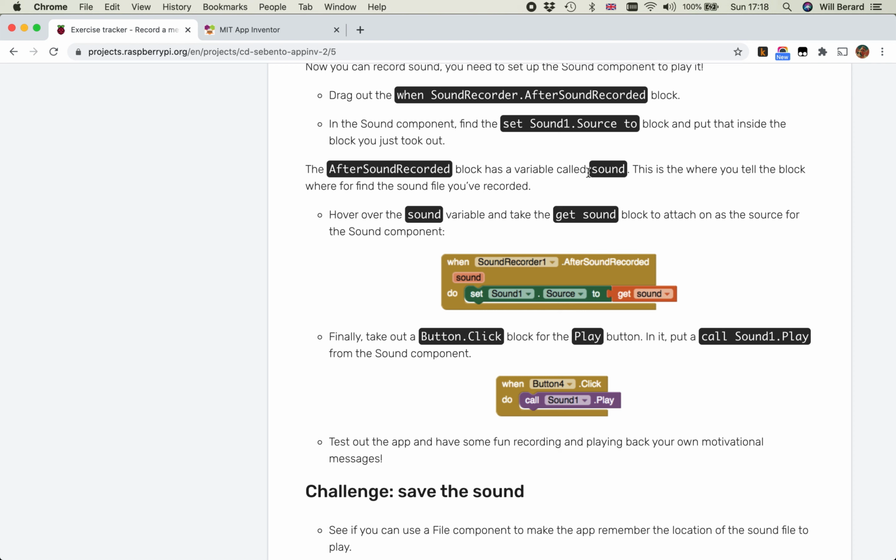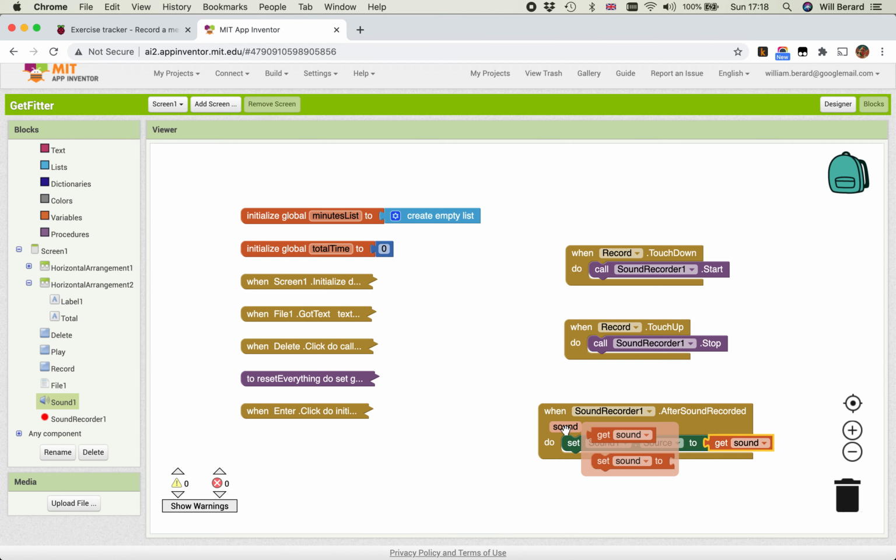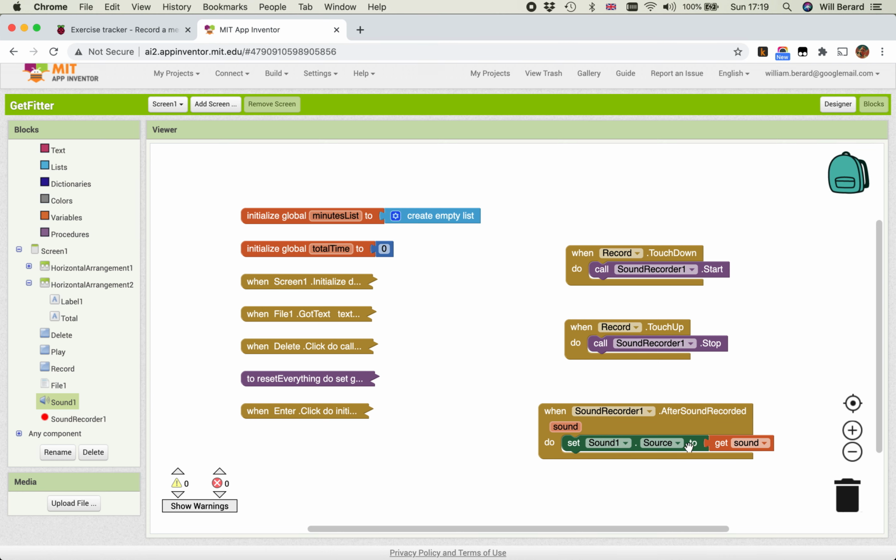So the after sound recording has a variable called sound. That is the one we've just captured from the recording, and then we're actually storing that permanently. So that's going to sound1, and instead of living as a little variable called sound that only exists between the fingers of that, it looks more like the mouth of a, okay, it's eating the thing. Now it's going to go into my sound1 object, which then persists and lives in the full native top level